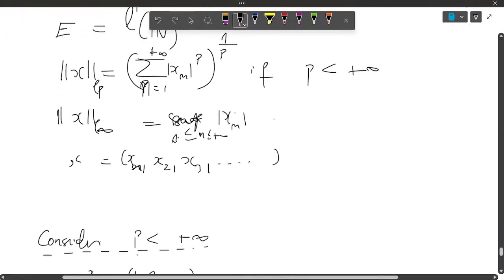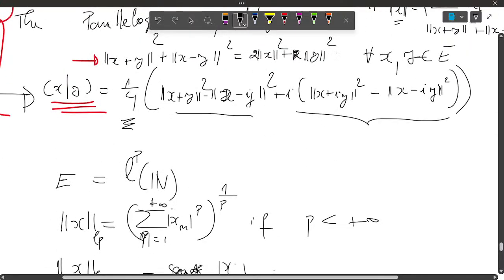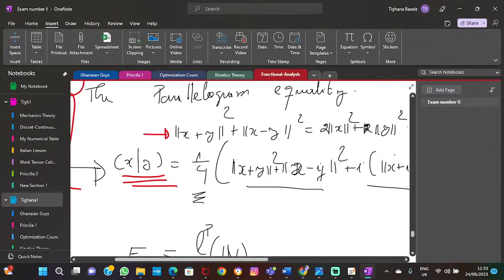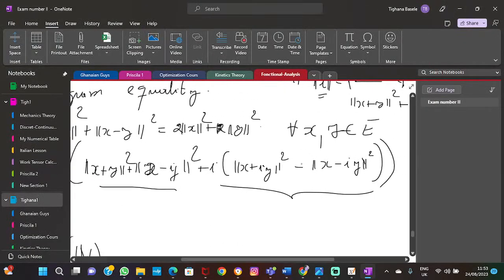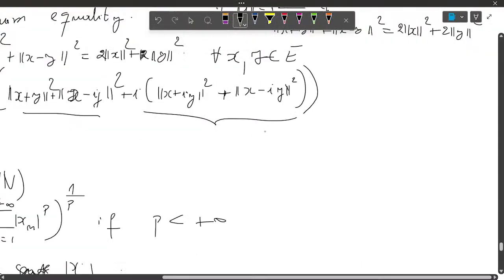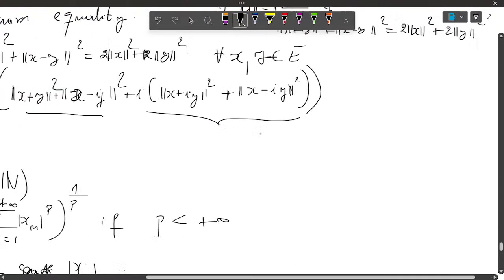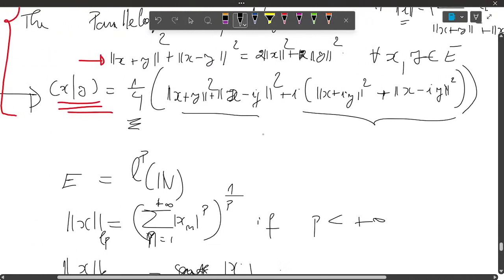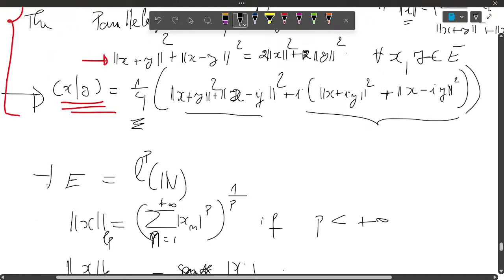So I think this is plus here, this is plus there, because there is no reason you have this minus sign here. You have plus here. Then this is a result that will help us to check whether our LP,